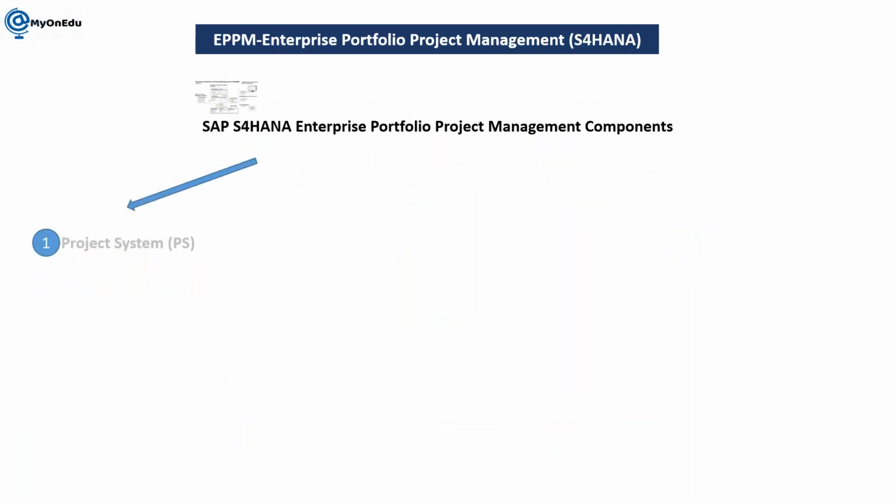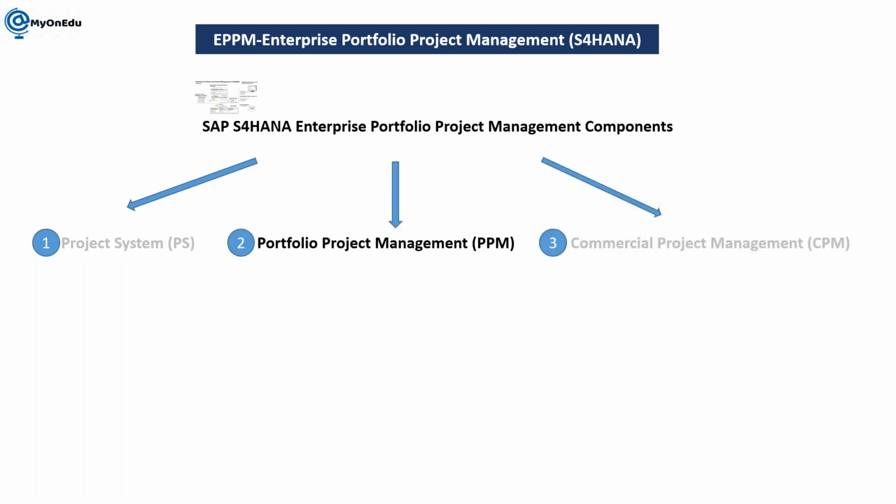So when we are going to understand the concept of SAP EPPM, as I have explained in my previous session, we have 4 major modules. One is called Project System, second is Portfolio and Project Management, and third is Commercial Project Management. And fourth is EPC, which is not there in this slide. EPC stands for Enterprise Project Connector, which we use to integrate SAP Project System or Plant Maintenance with Primavera or MSP solution. Okay, so here our major area where we are going to concentrate is Portfolio and